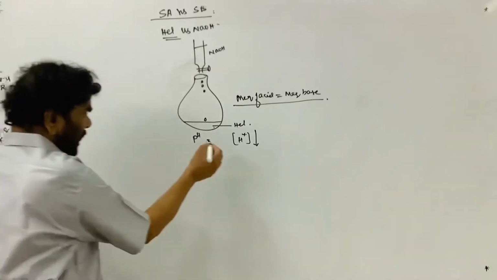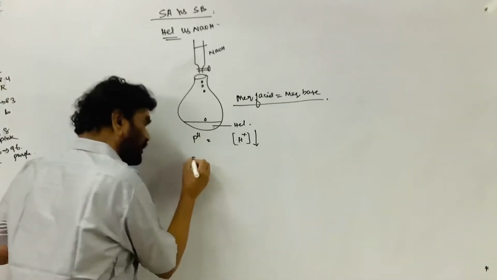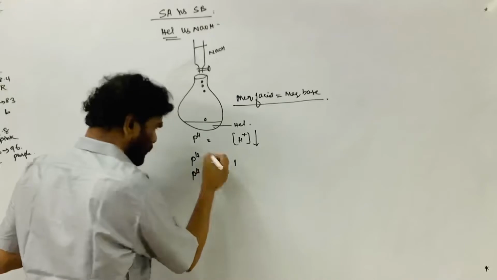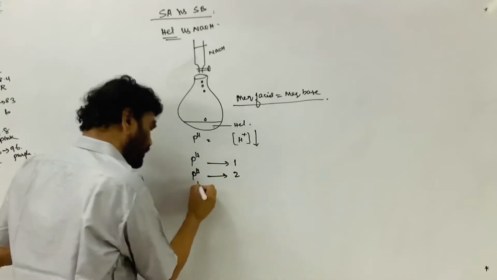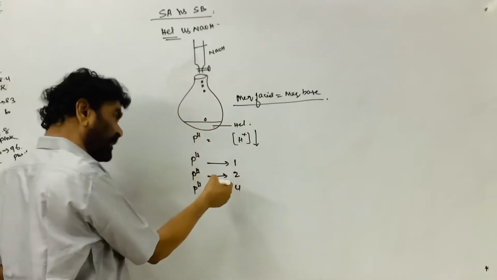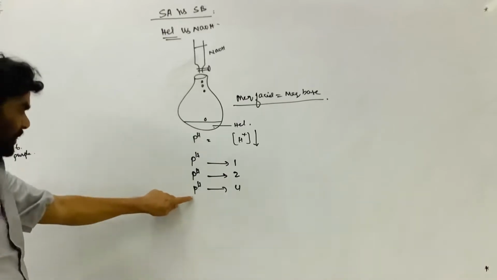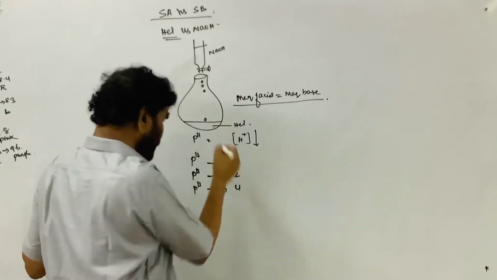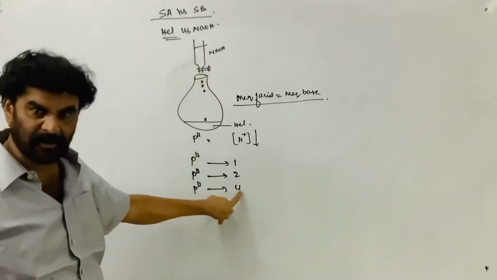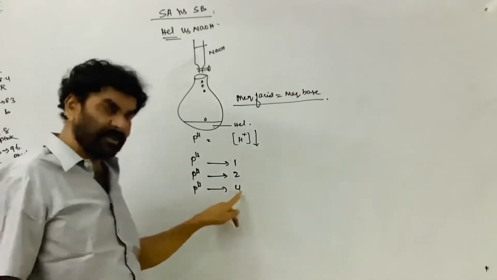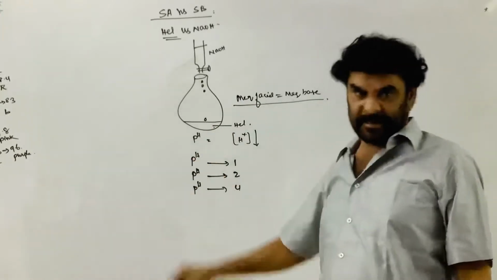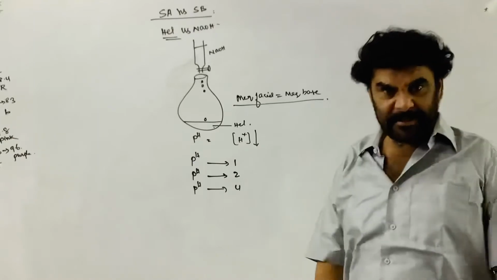So you are adding and adding. At the beginning the pH is equal to 1, and after addition of some amount of sodium hydroxide, pH is increased to 4. You are adding and pH is increasing due to the decrease in H plus ion concentration. At a particular point there is leftover acid that is not completely neutralized. Still the H plus ion concentration left in the solution is 10 to the power of minus 4 molar. It is still acidic; the HCl is not completely neutralized.